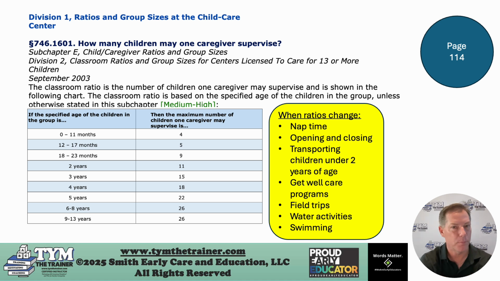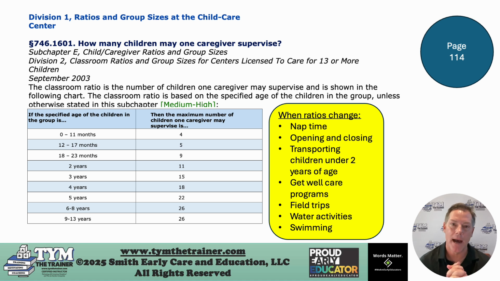If you're just doing sprinkler play or you have a splash pad and there's no body of water, then you would just follow the normal child staff ratios. But if you do have a wading pool or one of those plastic swimming pools you get from the department store, that would be a body of water. It's going to change your ratio. And swimming is defined as a body of water greater than 18 inches. Those have different ratios for you too.